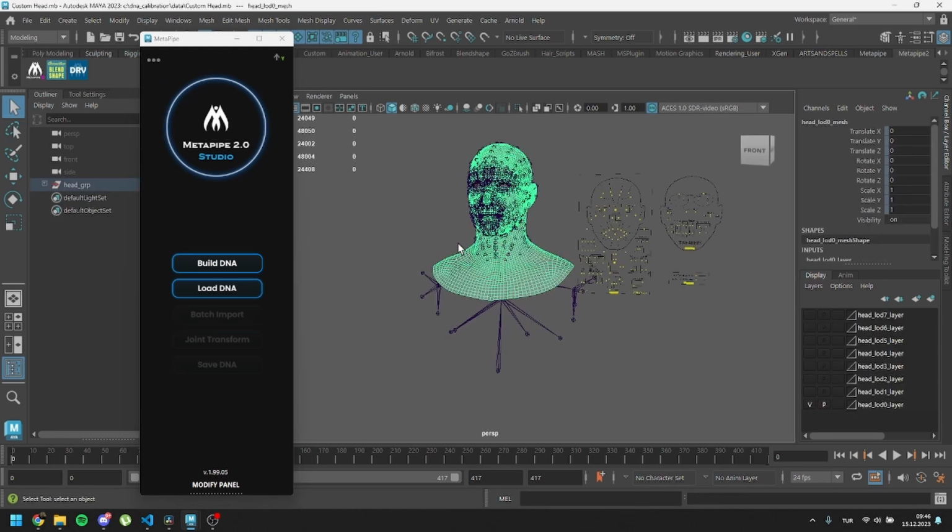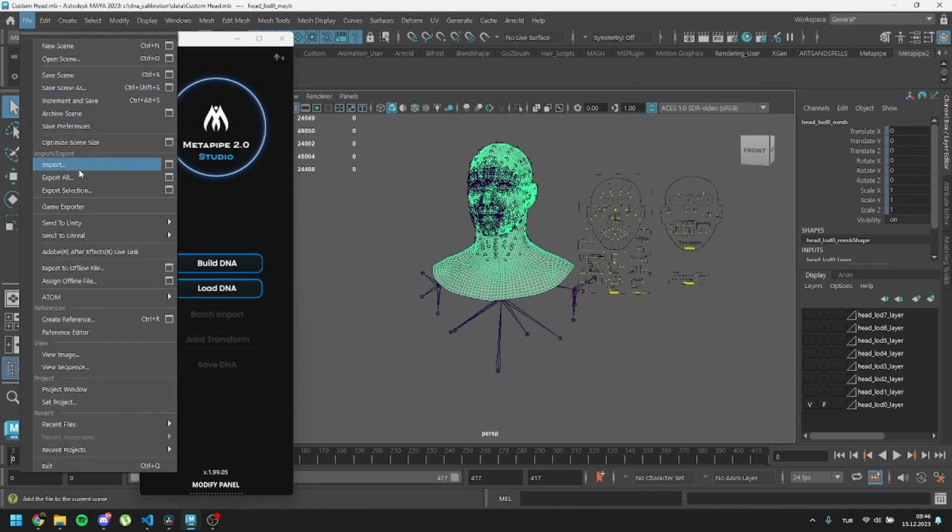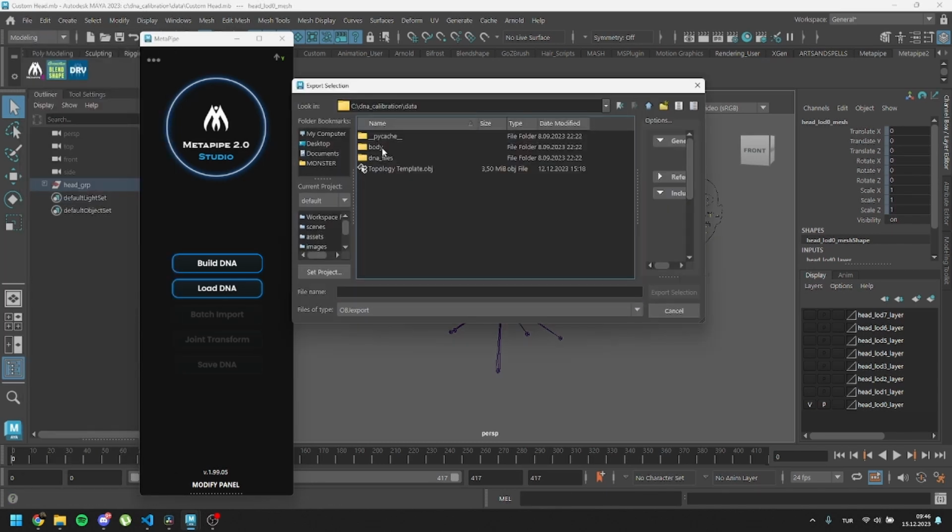Finally, let's export our head mesh for the wrapping process. You'll use this file when you need to wrap your head separately. For these meshes, naming is not crucial. You can save it to anywhere you